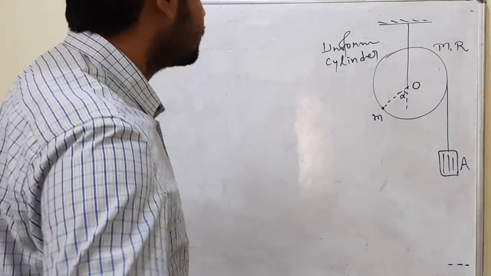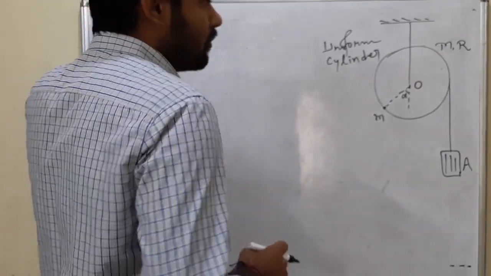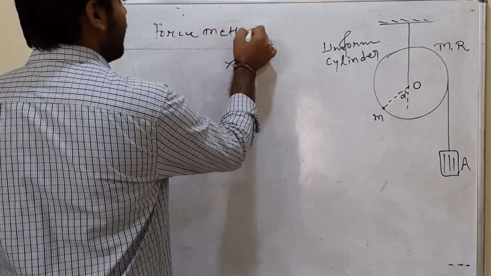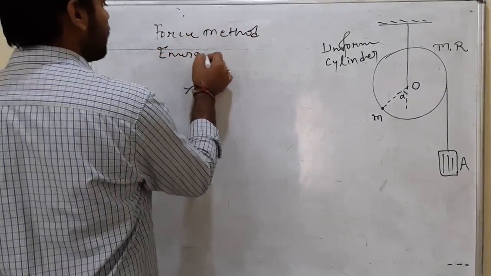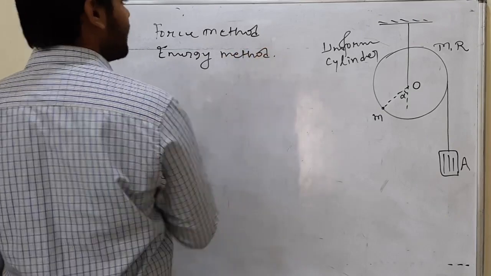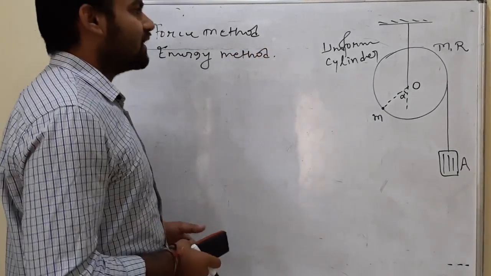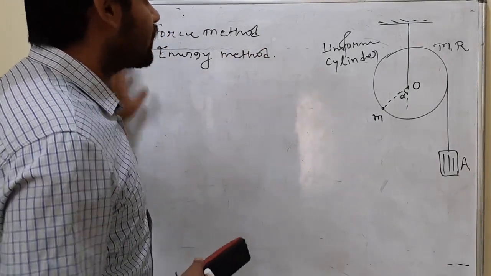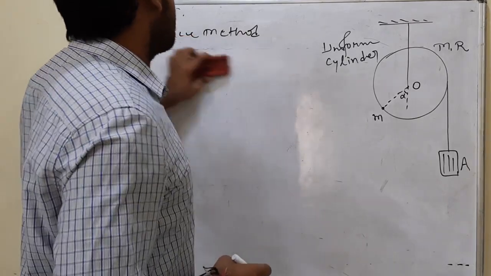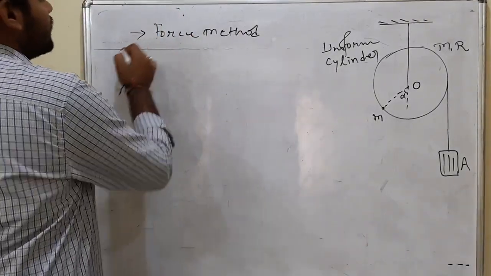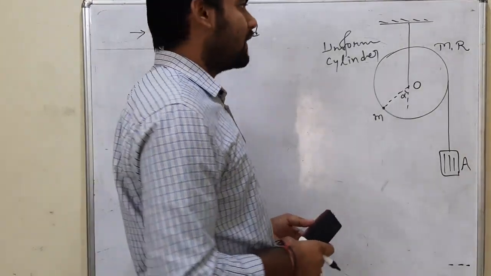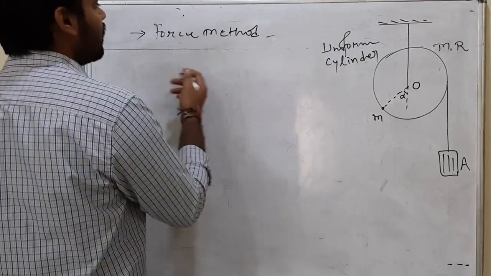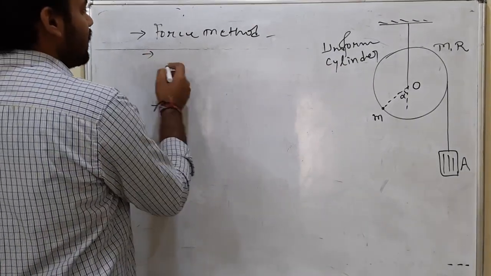To solve this question, we actually have two methods. One method is called the force method and the other one is called the energy method. For solving this question, both methods are equally difficult. You cannot say this method is easier or that one is easier. So in this question I am using the force method, and you try to solve the same question using the energy method. I hope you know what the force method is, and the few steps involved in it. I am writing those steps.